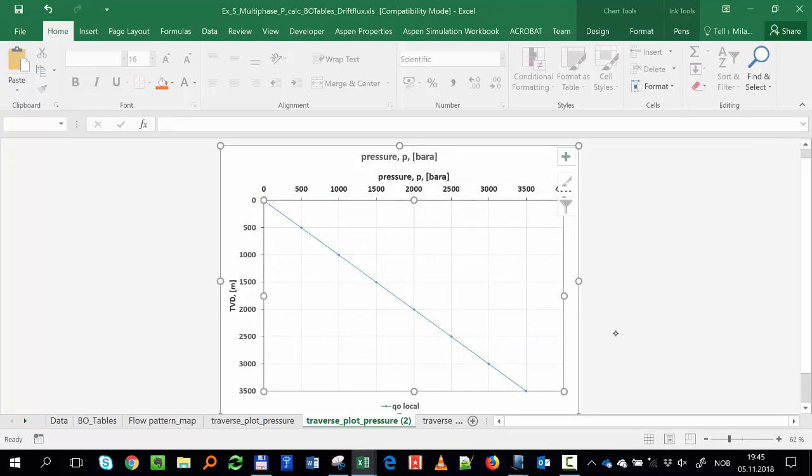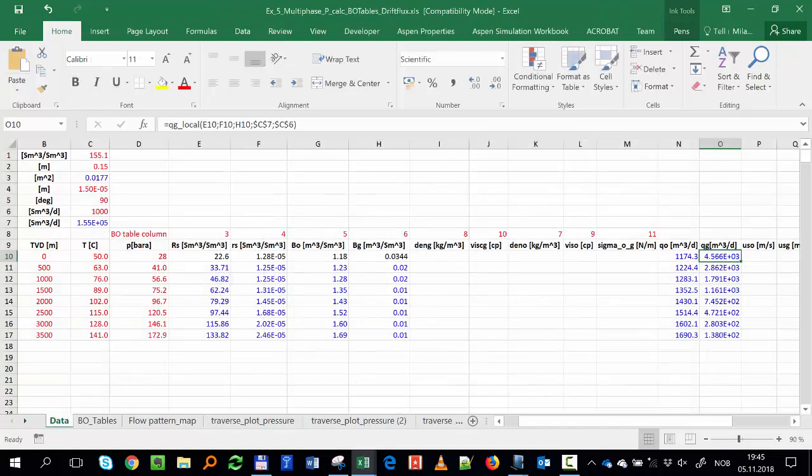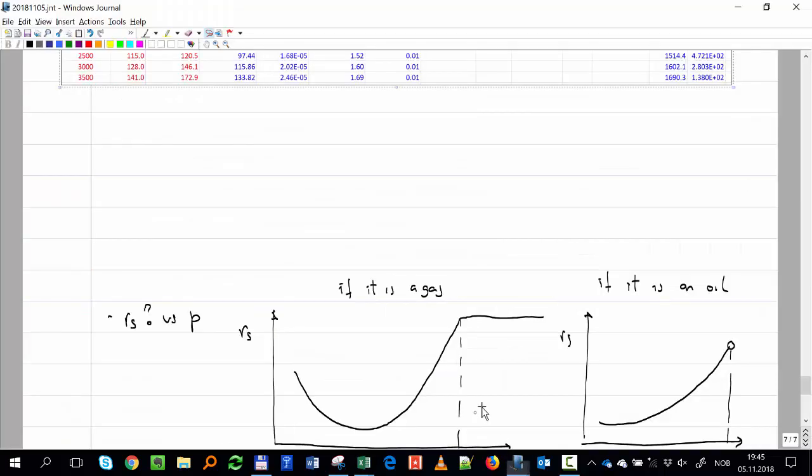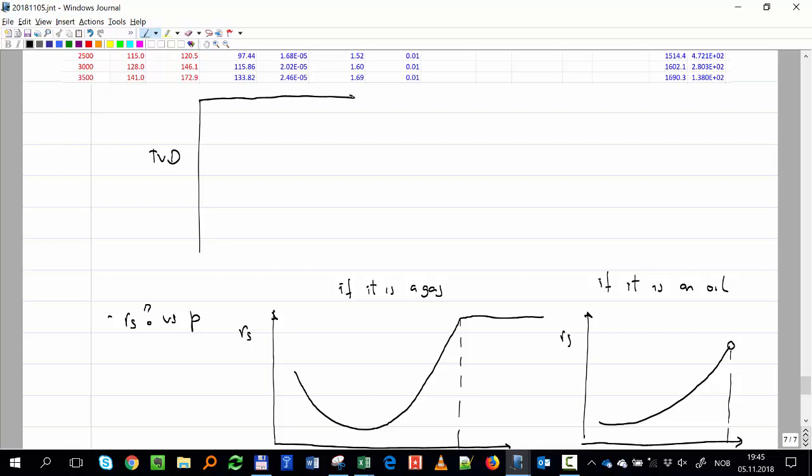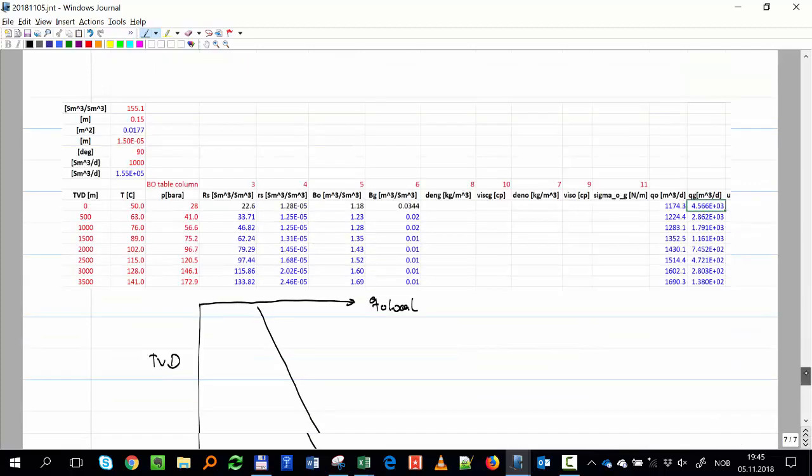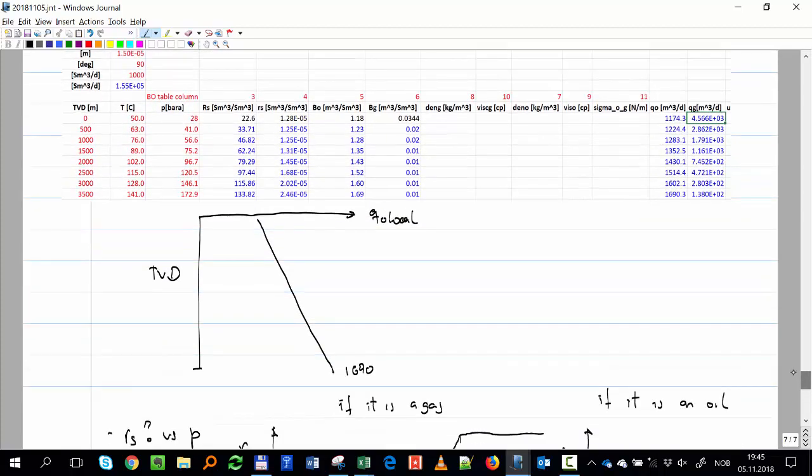I'm not sure what is happening, but I don't have the mouse. So please do that as homework. You have to plot, so TBD, make a plot of TBD, and here you plot Qo local. And you will see basically that the number is reducing from, I think, 1690 all the way to 1174,